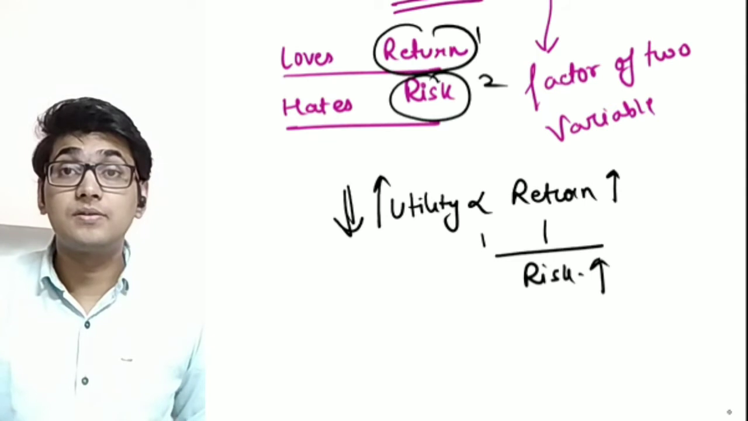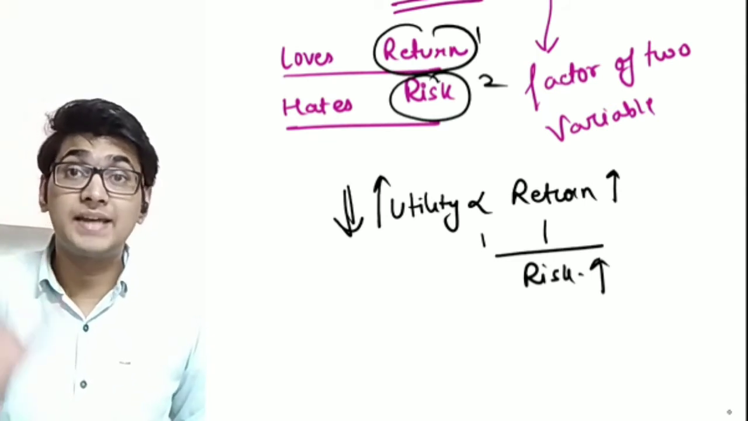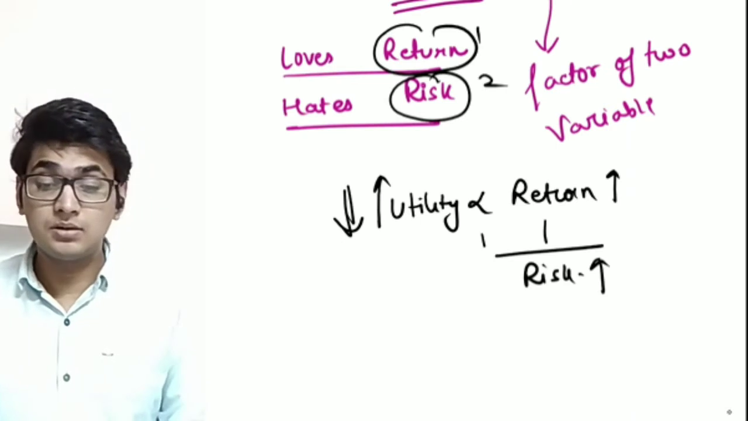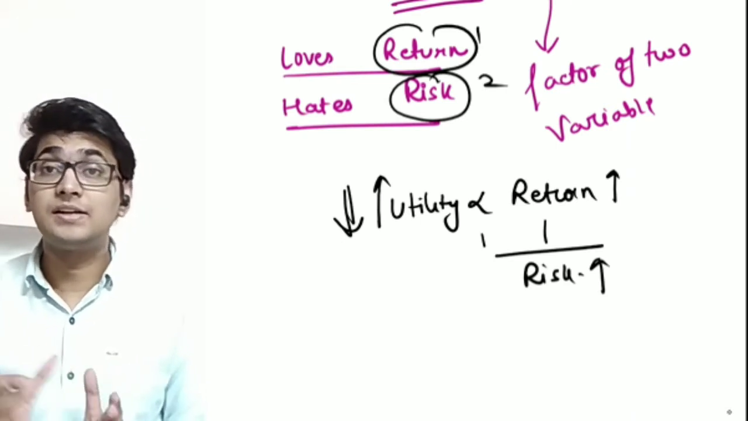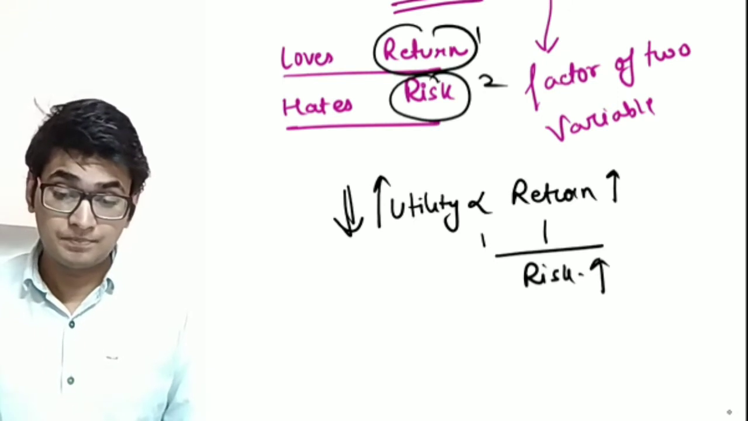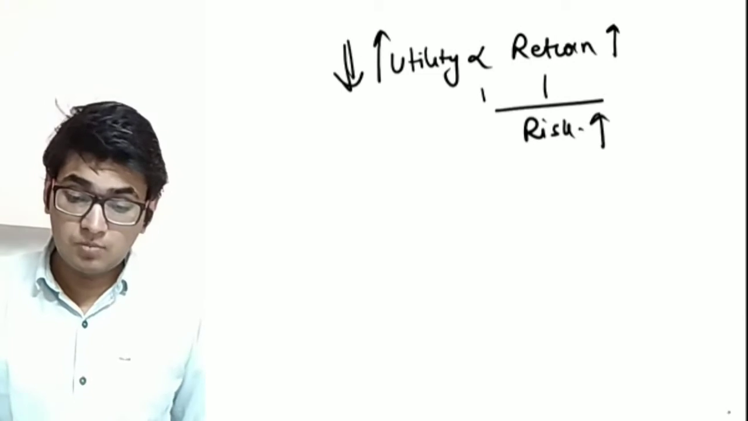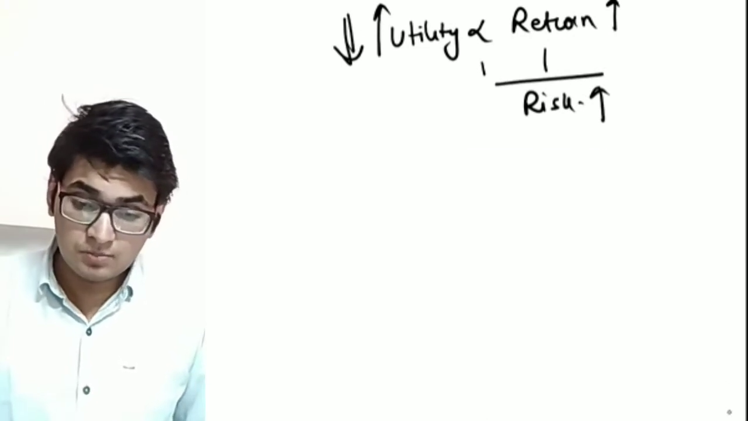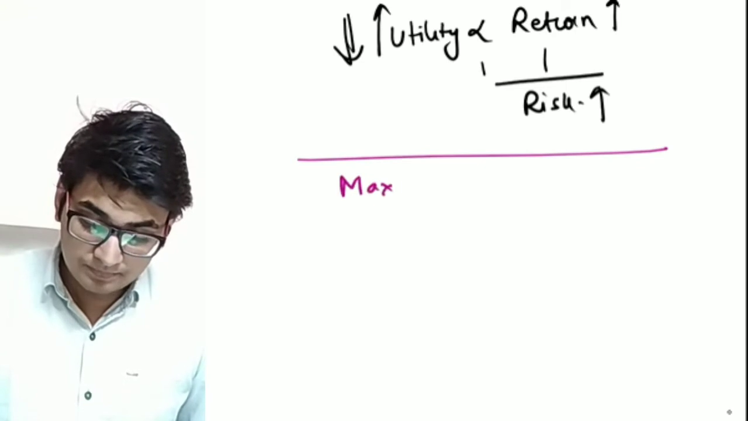If my risk increases, my utility will decrease because I don't like the risk. Always remember that we always love the return and hate the risk. Clear? Okay. So till now we got just one point, and that point is to maximize